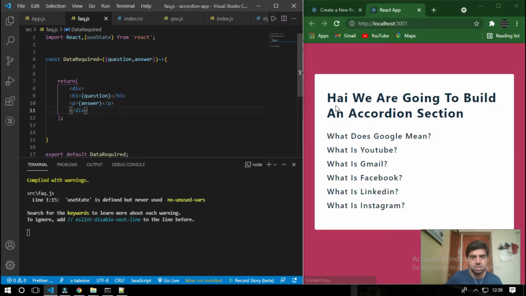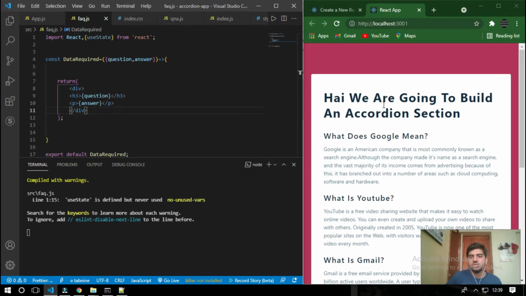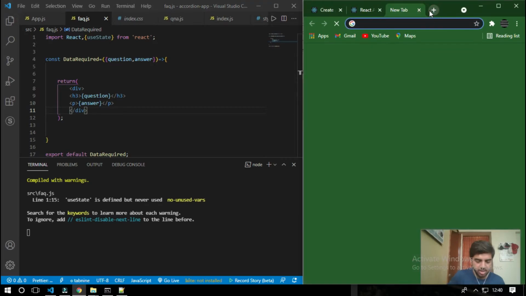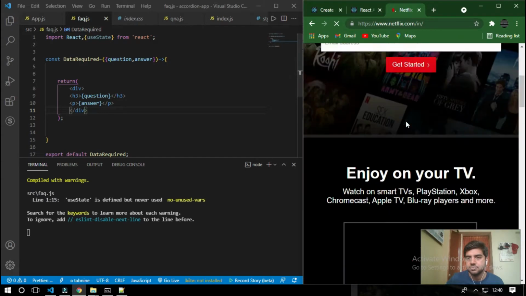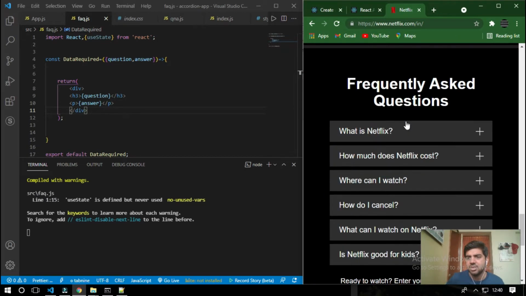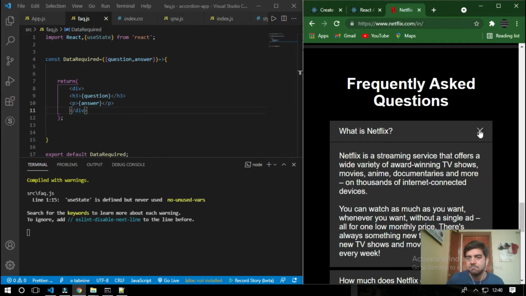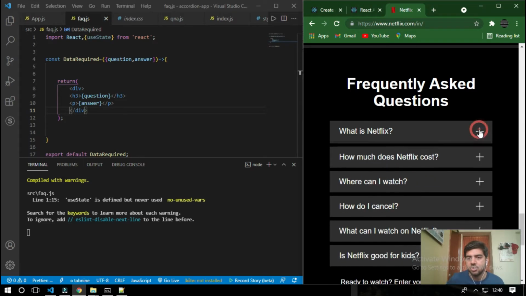Okay, now we can just see that we have the question as well as the answer, but we don't need this. We need something very similar to when I go to netflix.com. When I click this button, it will go down. When I click this, it will come up. So what I'll do is